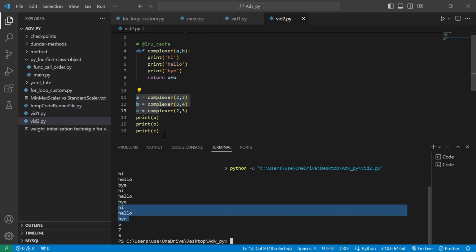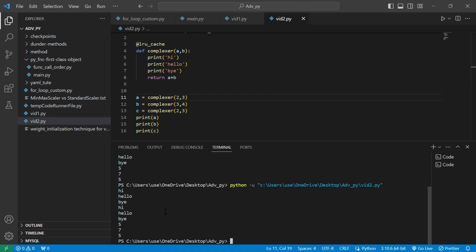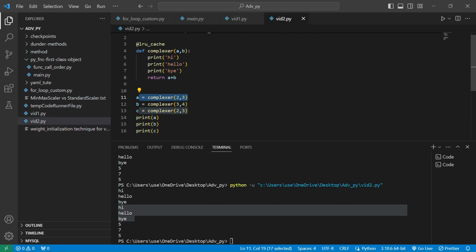But then we are printing ABC, so we are getting 575, right? So now we have uncommented this. Now let's run it. So now let's see: hi hello bye and hi hello bye. So this time we get hi hello bye only 2 times, because for A we are executing these lines, for